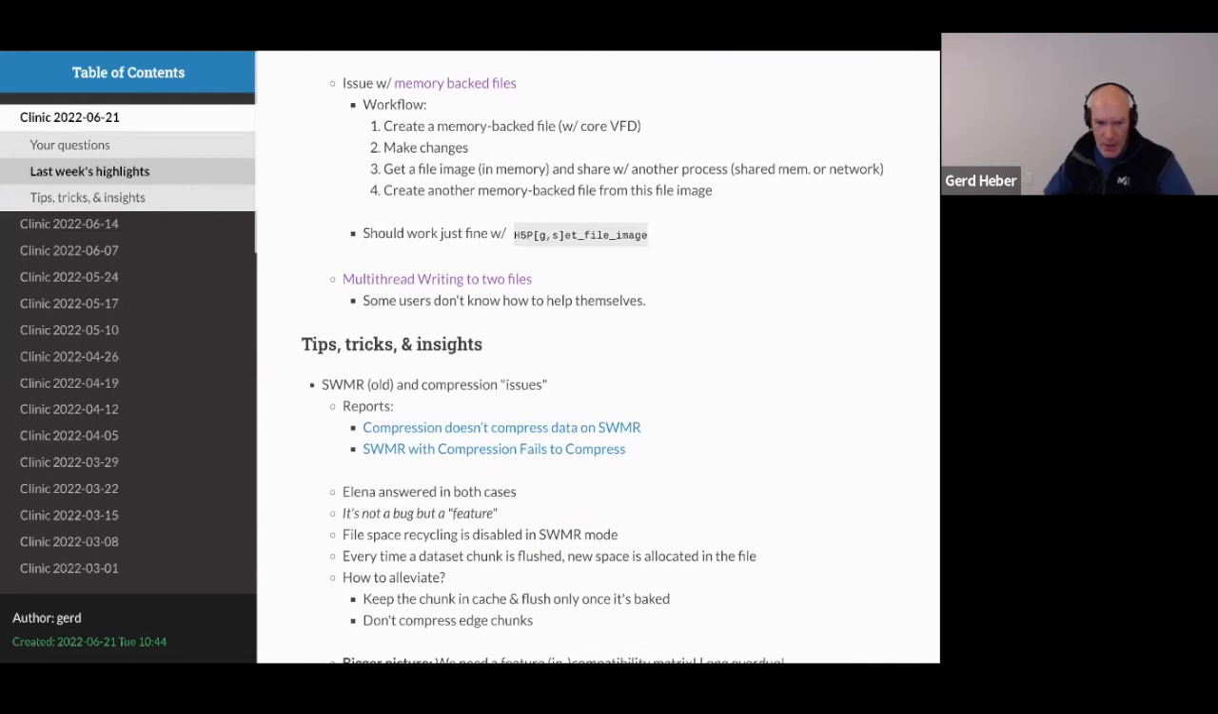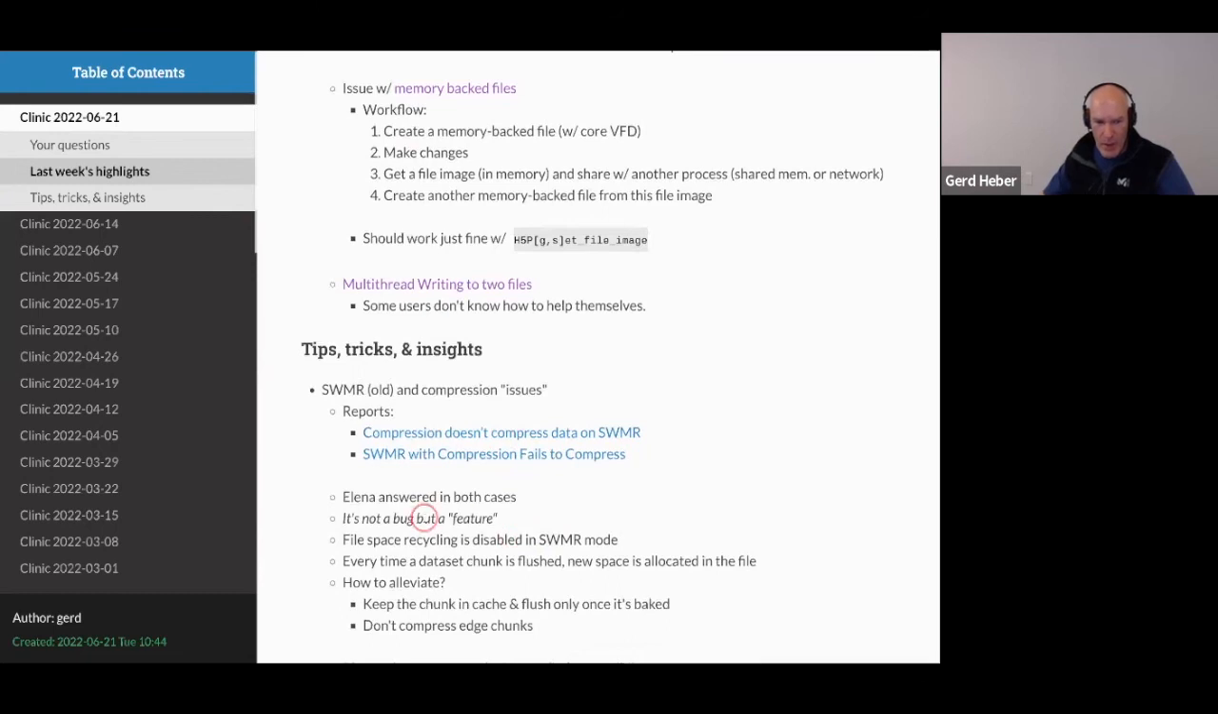And it turns out it's not a bug, it is really a feature. Now, what do I mean? What is really happening here? Well, what people find is typically when they use SWMR, they are writing to a data set. That data set uses compression, so it's a chunked data set. And what people find is that